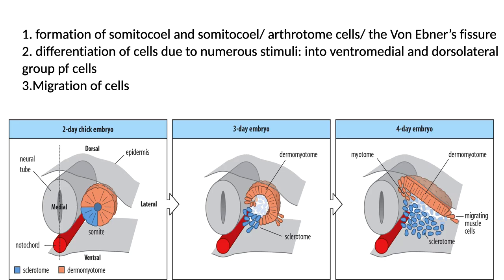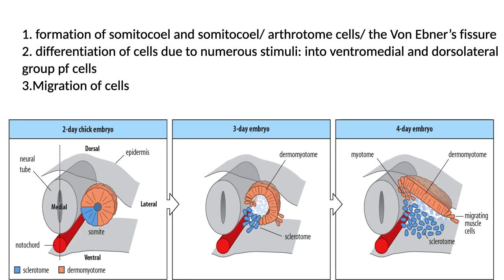So first of all, the first diagram in this figure is just a representation of a 2-day chick embryo, and then you have a 3-day embryo and a 4-day embryo, which has a similar differentiation pattern to that of the human being. So first, what you have is the formation of the somatocele, and that's the space around. You can see in the first diagram